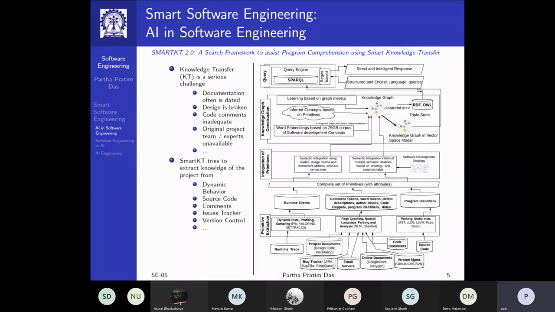We call it Smart KT. This is a doctoral research, and many BTech and MTech students have also worked on this. The core issue is that in an organization, knowledge transfer, known as KT for short, is a serious problem. What it means is, you have developed a software, it goes into deployment, and then it's in maintenance. So naturally, you scale down your original development team, and it continues to be maintained. The customer continues to use it, and maybe after 1 year, 2 years, the customer comes back with a bug.